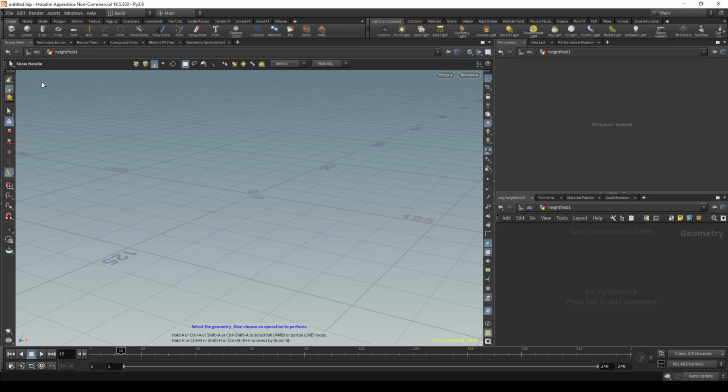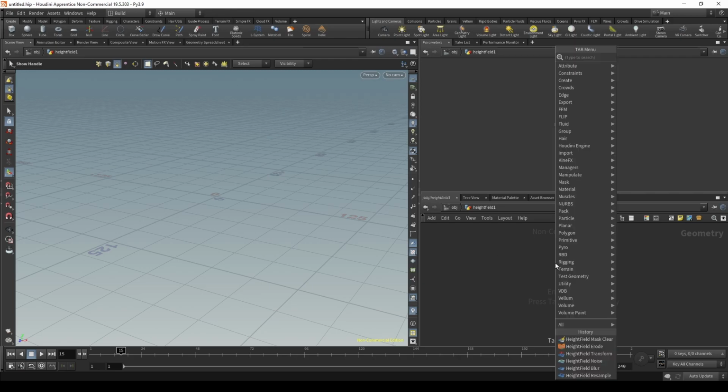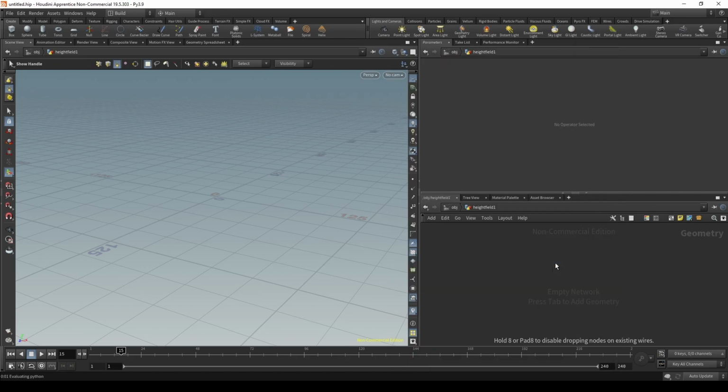So inside of Houdini, I'm assuming you're kind of familiar with the UI. If you watch this video, you know a little bit of the tools and you know your way around the networks and stuff. So let's start by creating a height field, a basic height field, which is kind of just